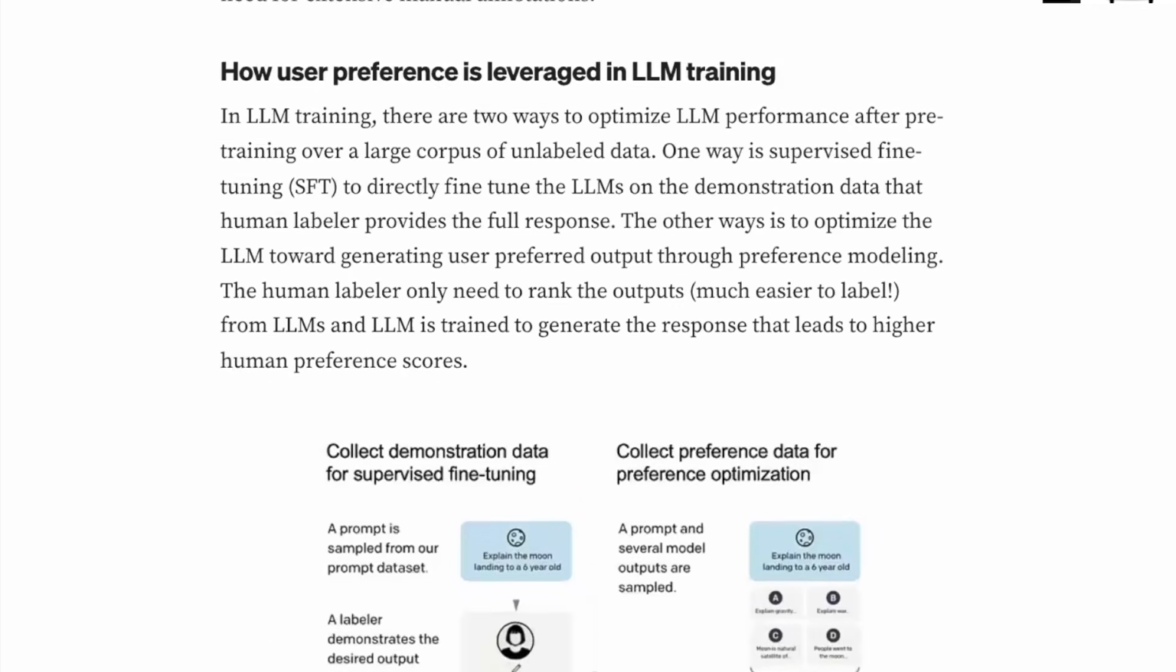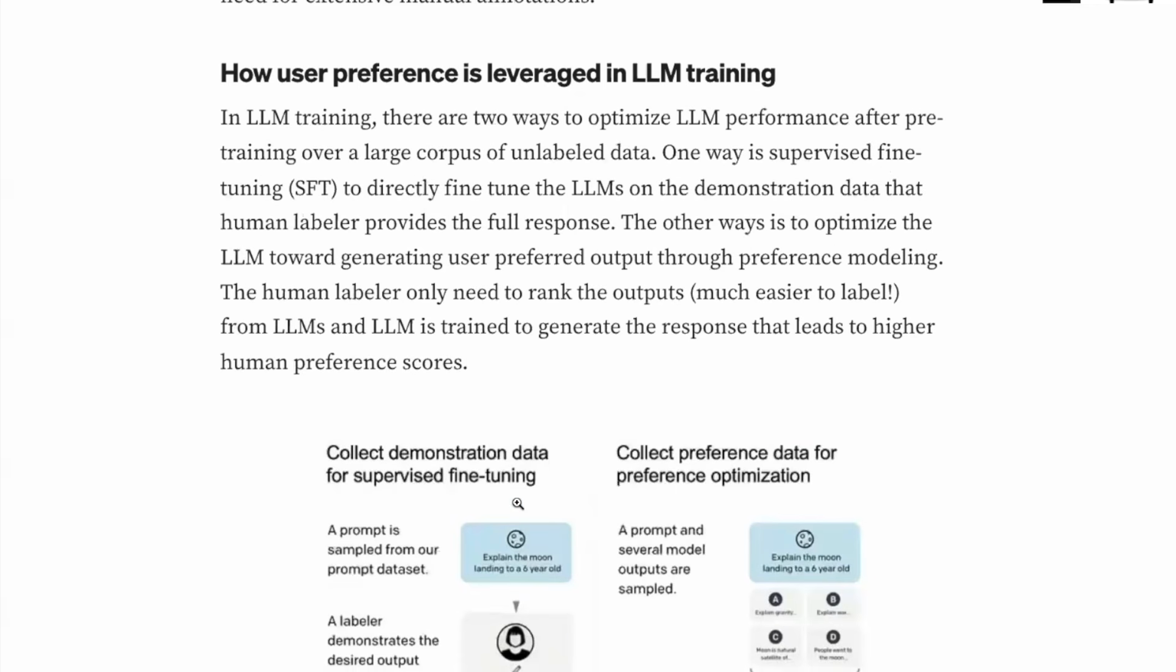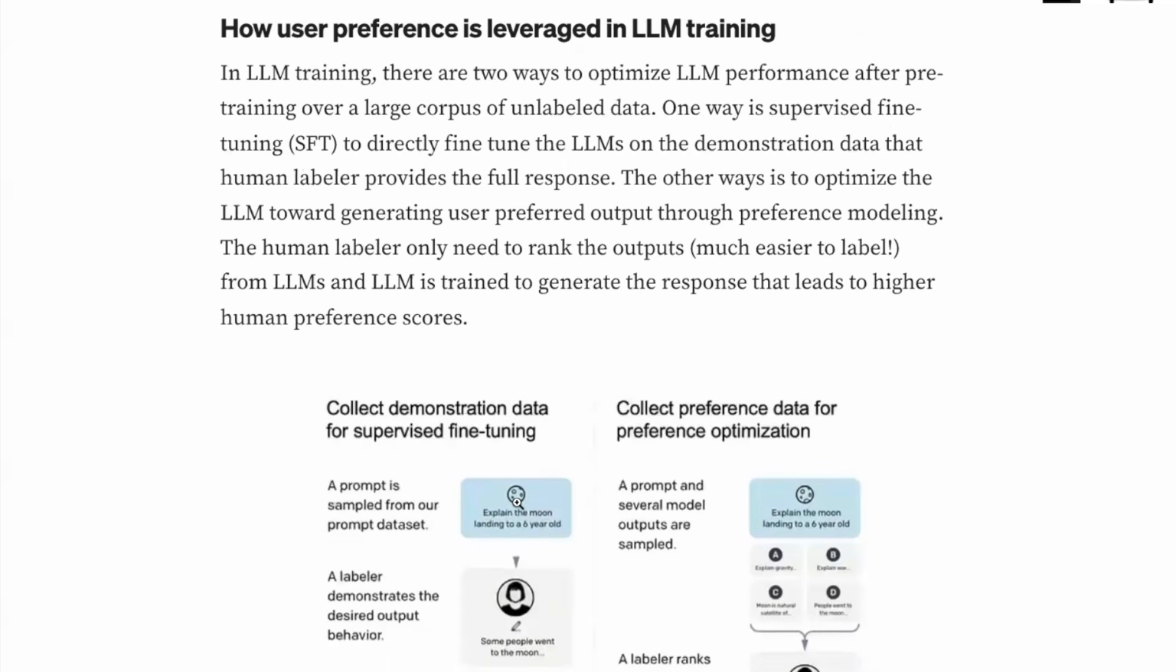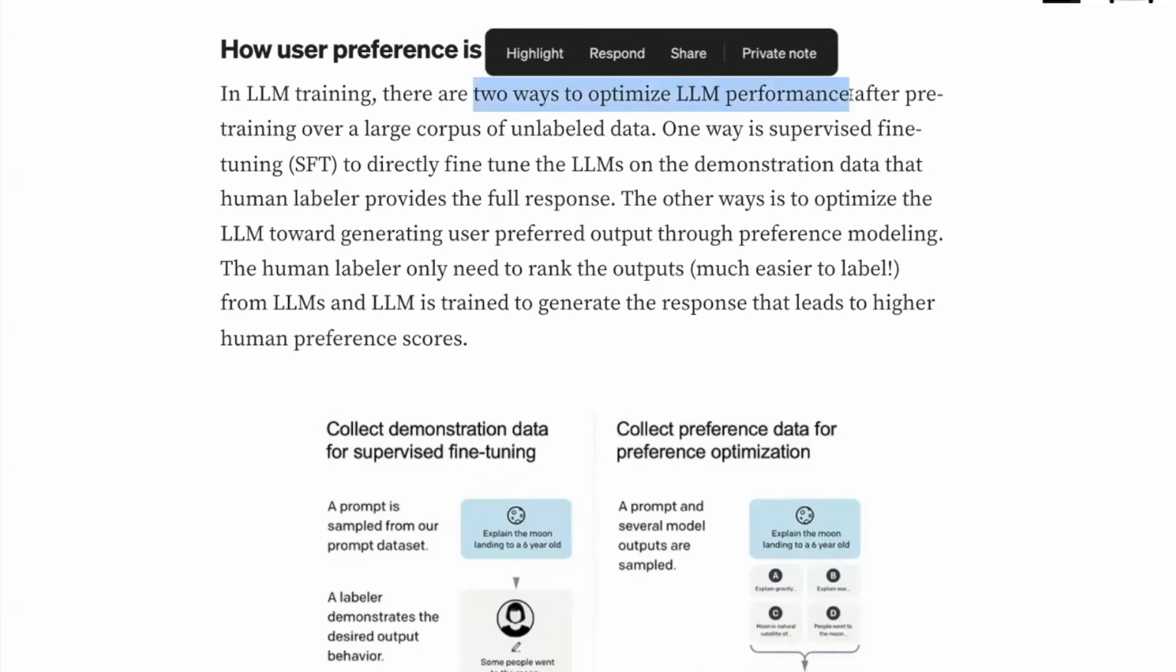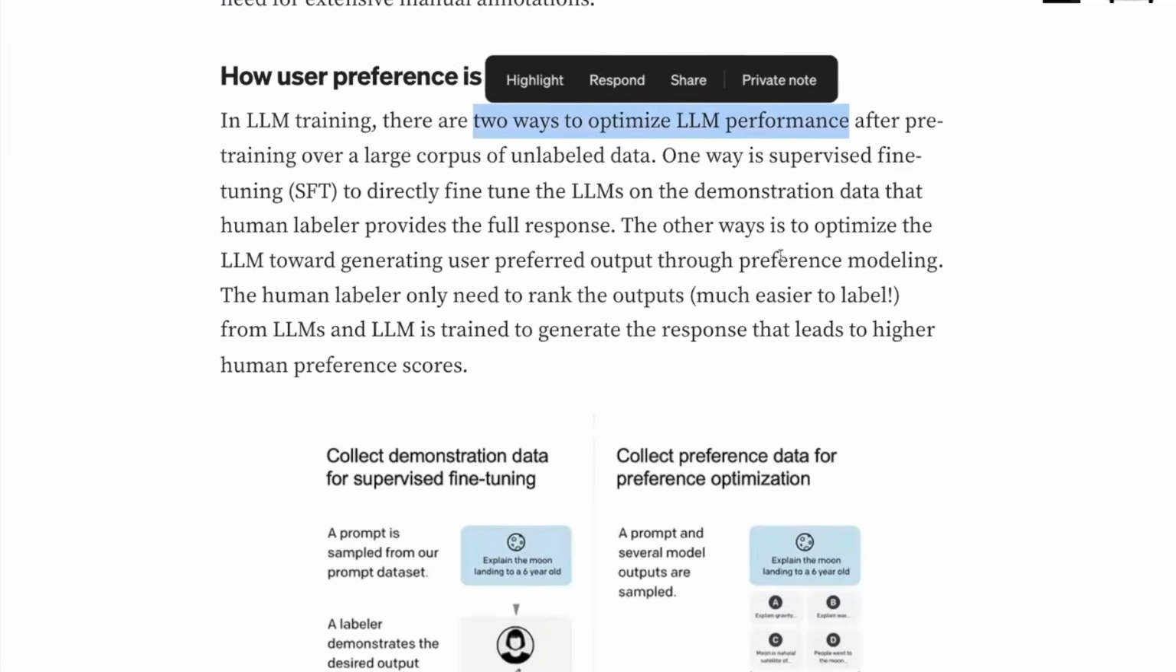And then next, I also put how user preference is usually used. Say we have the user preference labels, no matter whether they come directly from humans or from the preference model, so it predicts, say, which LLM output is better. Then how is it leveraged in LLM training? There are usually two ways to optimize the LLM performance. So one way is